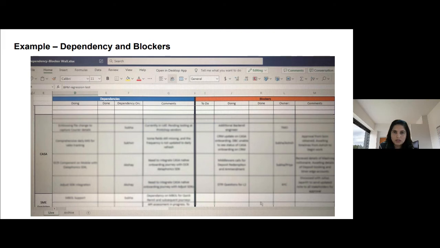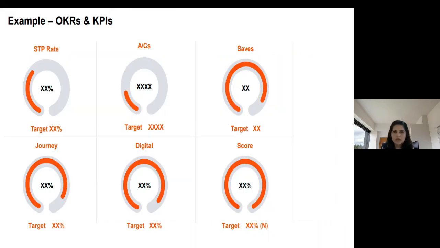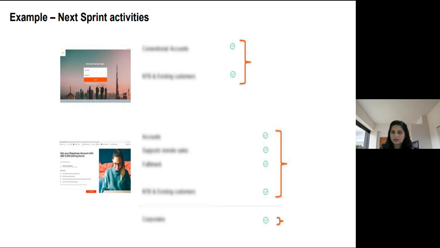Now this is the virtual dependency and blocker sheet which I'm using. I'm just giving you an example of CASA, which shows what the dependencies are on which person and what the blockers are. So this is also converted into this. Then comes the performance wall. The OKRs which you saw on that wall are actually here as well. They are shown directly in Azure, and they can use Teams also. They show a recap of what went where and what is going to be in different months, for example in July, something like that.